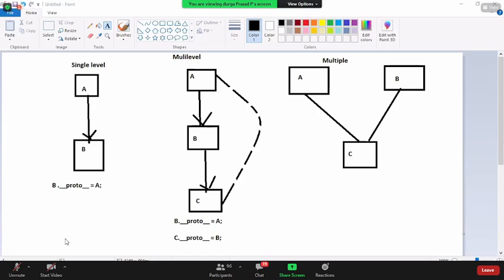One question, sir. Yeah. So we do use proto for accessing the entire object. What if we want to access a specific key of the object instead of the entire object? Sorry, Gagan, could you repeat the question again? We use the proto to access the entire object, right? Mm-hmm. Instead of the object, I want to use the same object using proto, but only a specific key of that object.